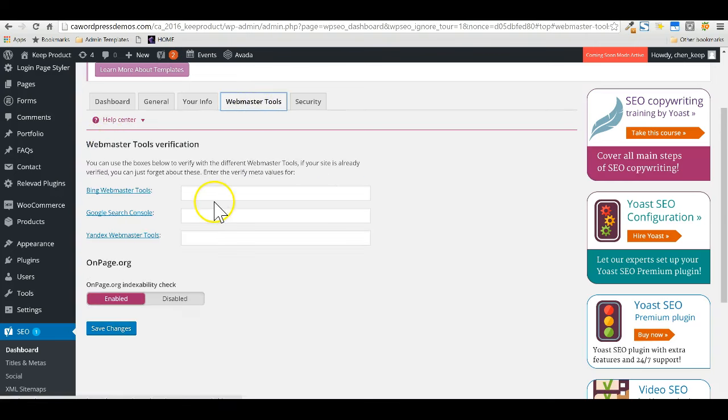Coming to the webmaster tools, you have to connect with each of these search engines, where they will show you how to connect to these webmaster tools. What you have to do is click on it, and it will take you to Bing. I'm going to make another video on these particular things and explain how everything works. For now, once this is done, it will generate a key which you have to put on all of these.